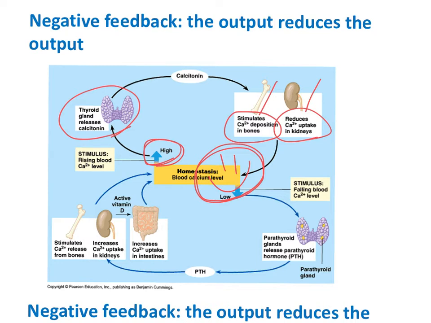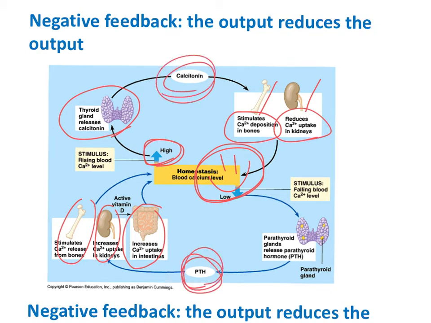So it'll go into the bones to pull out the storage. It'll tell your kidney, stop peeing out calcium, we need this stuff. And then also your body will try to extract more calcium from food. That's controlled by a different hormone. But again, the idea is we have a happy point, stay at the happy point.